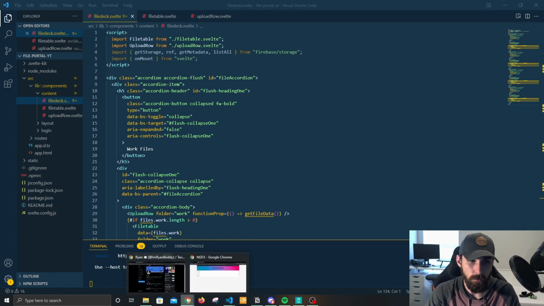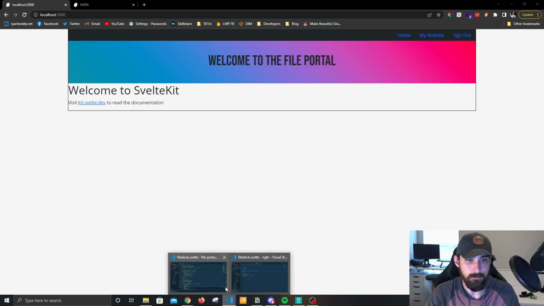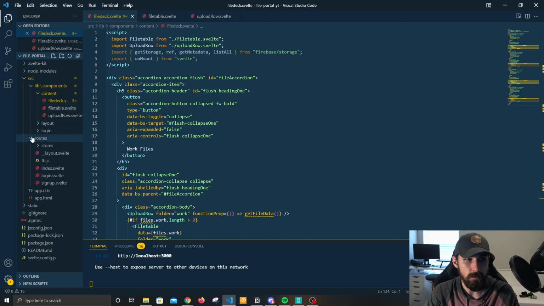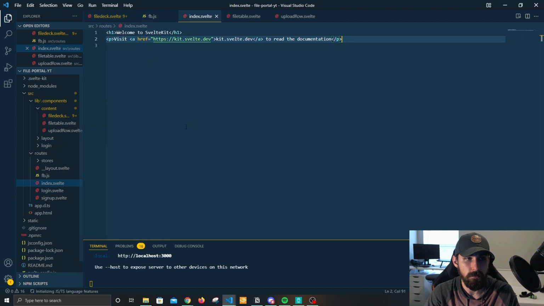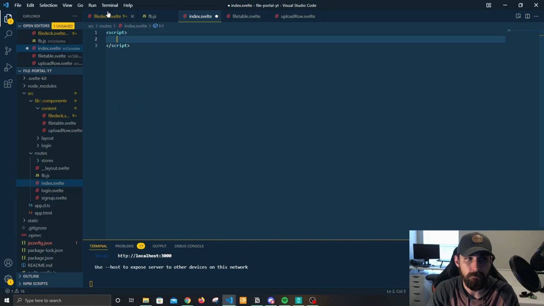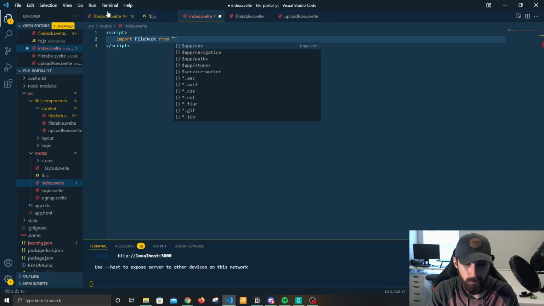But if we save this and go back to our localhost and refresh, what is happening? Oh, of course, we have to import file deck in our index.svelte. So if we go to routes, index.svelte, we're going to get rid of this stuff, and we're going to do a script tag, and we're going to say import FileDeck from, and actually I'm going to capital case this, from